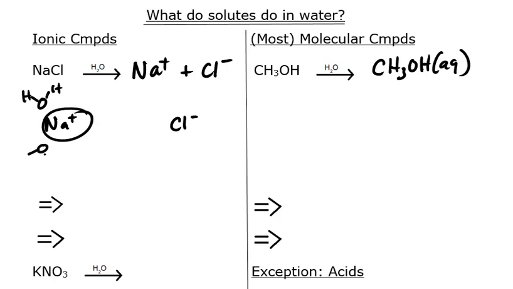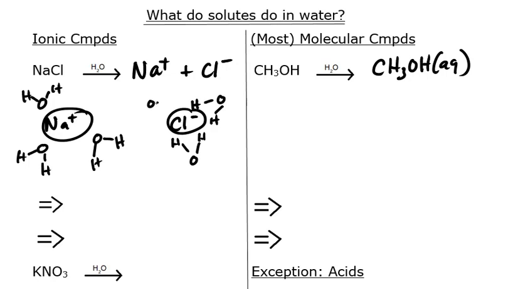So you'll have waters around the sodium, and you'll also have waters around the chloride, but since that's negative, the positive part of the water gets attracted to that. So you still have H2O, but they face different directions depending on whether there's a positive ion or a negative ion. All right, so again, ionic compounds separate